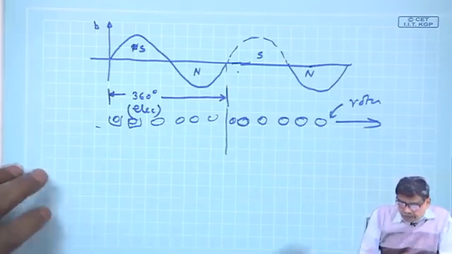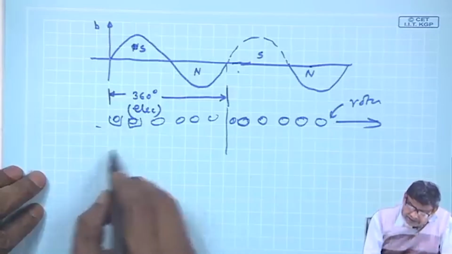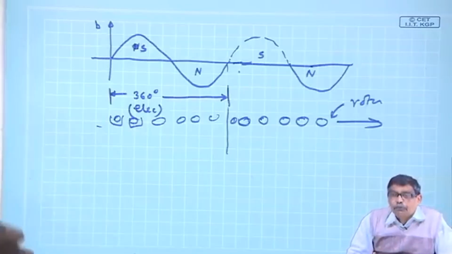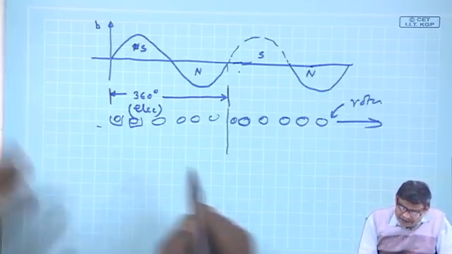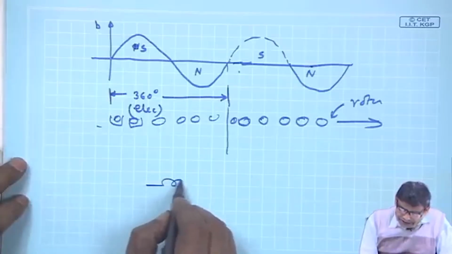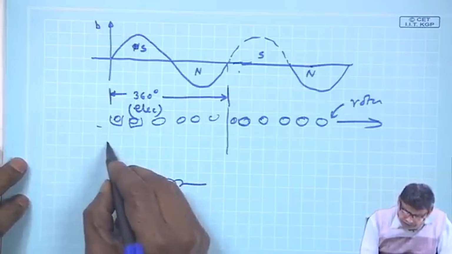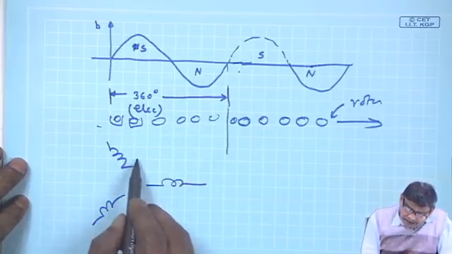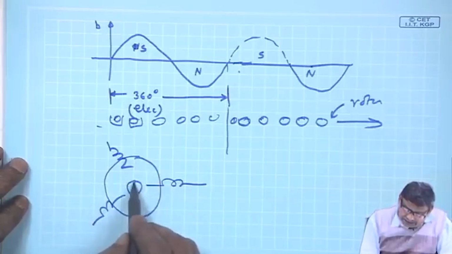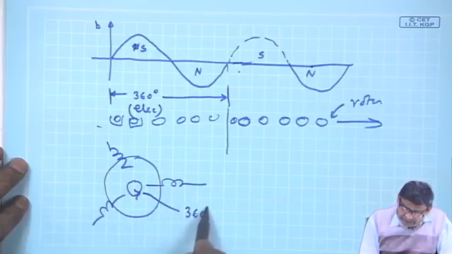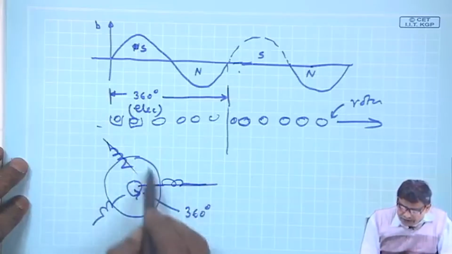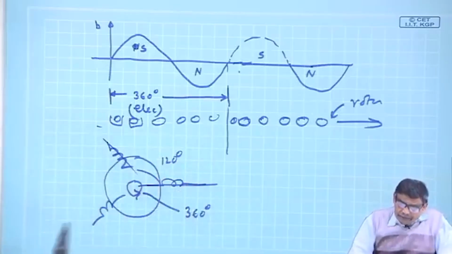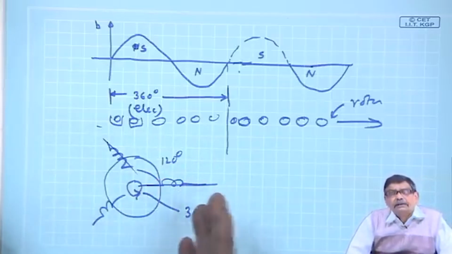That is why people draw like this, they draw everything in electrical degree and show only a pair of poles as if it is a 2-polar machine. And they will draw like this, okay, this is R phase coil, this is Y phase coil. We will tell about these things, I am just giving you the idea. This whole angle you say is 360 degree electrical and these coils are 120 degree apart electrical. So, all you measure in electrical terms and try to analyze the machine under a pair of poles,